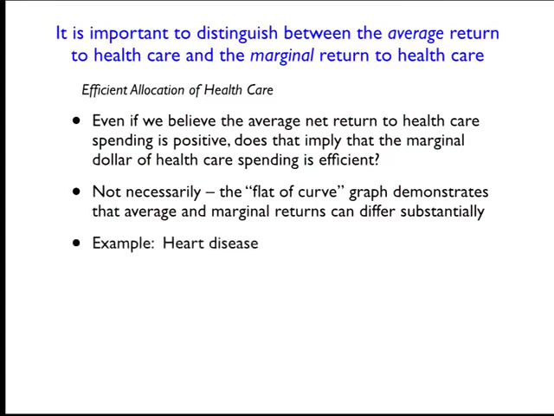So one example would be heart disease. A relatively cheap treatment for heart disease is to give people aspirin, which, believe it or not, is surprisingly effective and effectively free. It costs pennies a day at most. The next step is to give them beta blockers, another type of drug which was invented some time ago. Again, it's effective, and I'm sure it's not under patent anymore, so it's also going to be pretty cheap. So you can get very high return per dollar spent just for these initial treatments.